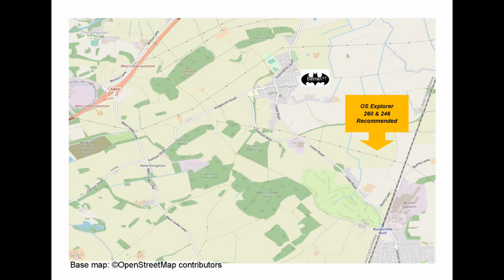Today's walk starts off from the charming Nottinghamshire village of Thrumpton, just north of the Ratcliffe on Soar power station. Heading east from the church, it takes a short deviation north to cross over the A553 and then southeast passing Hillside Cottage. Climbing up Cottages Hill, it continues southeast, crossing Kegworth Road before picking up the more rural Wood Lane,